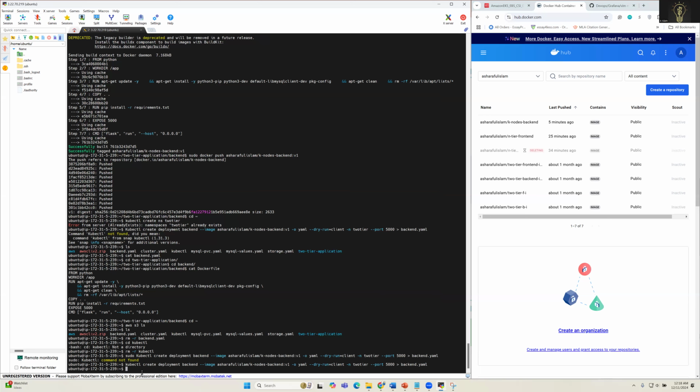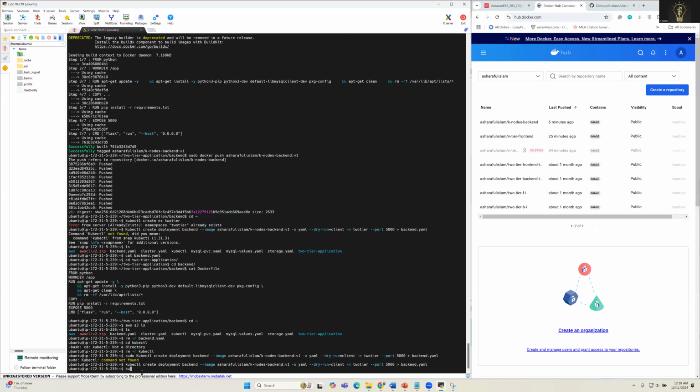Yeah. So the reason was I put K as a capital, that's why it's not working. So that's the whole issue. This is the silly mistake I did. So the next thing I have to do is the